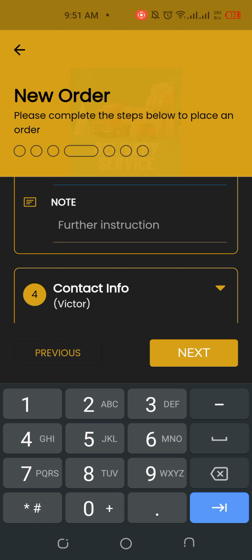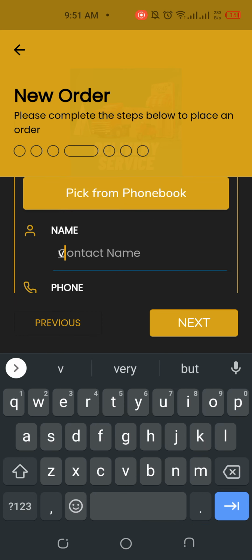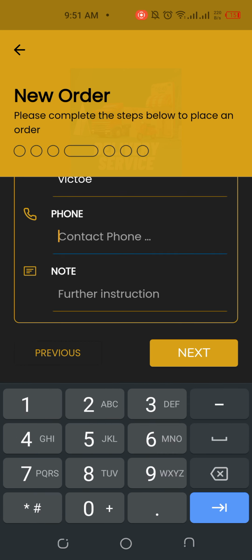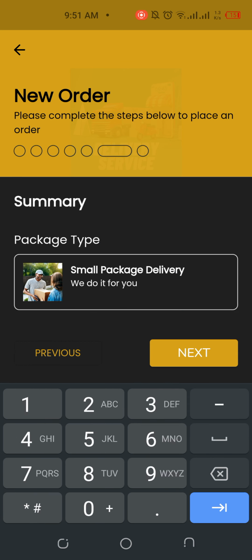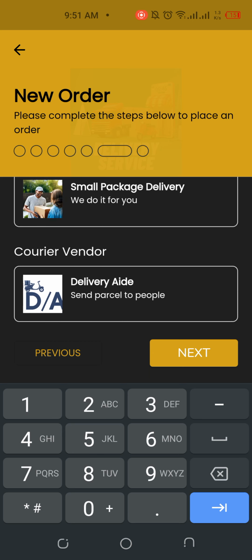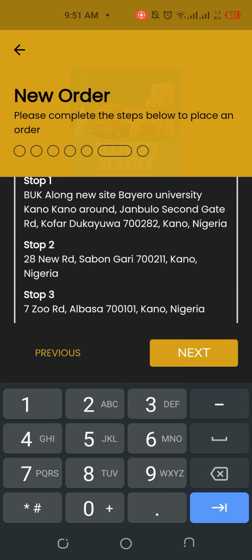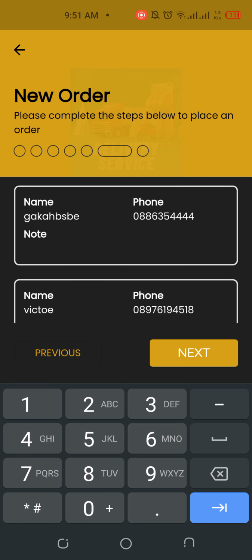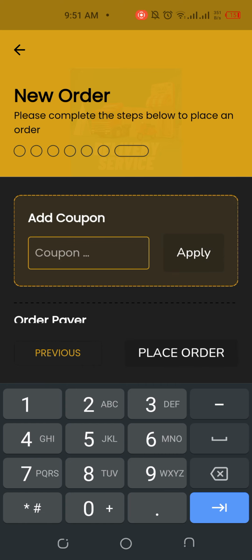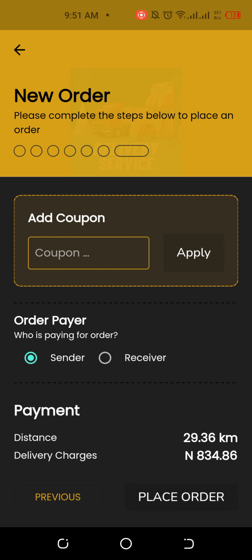You understand? And the person making the sending, you give the phone number too for easy identification, and you click on next, and it shows you the small package, and gives you all the details and all the addresses from one point to another, and you click on next, and you wait for the platform to calculate your